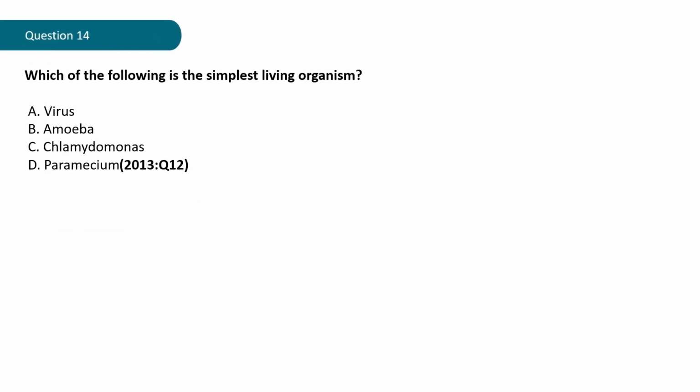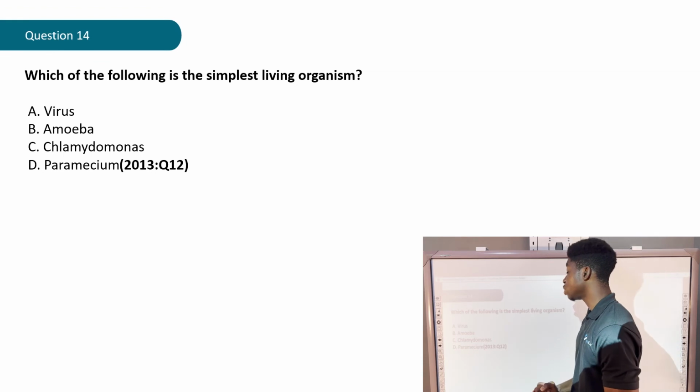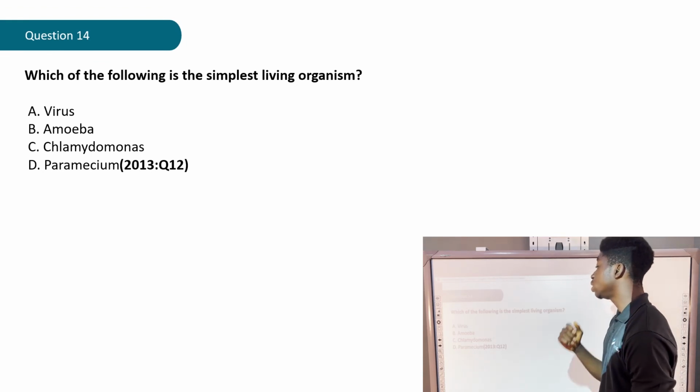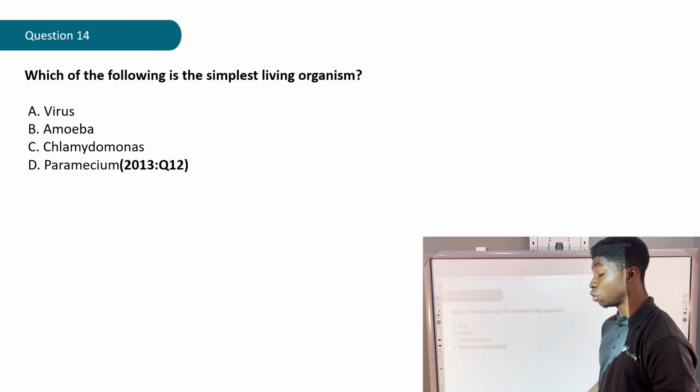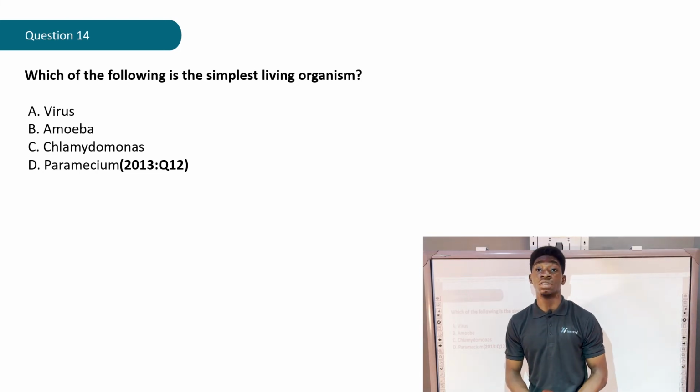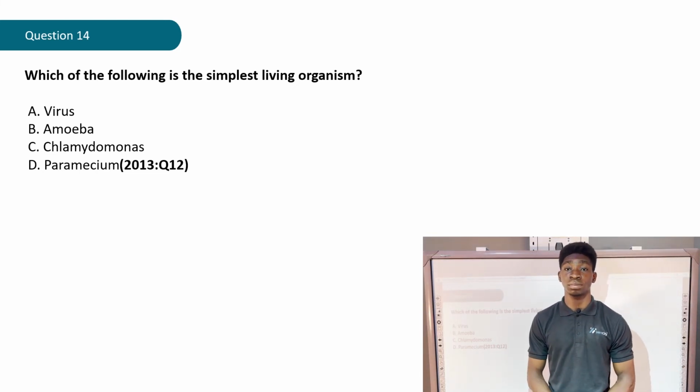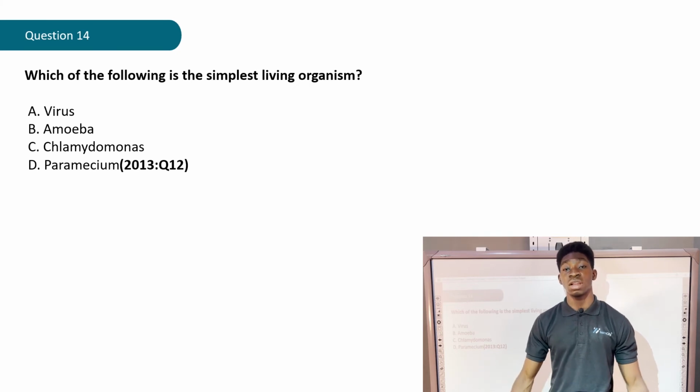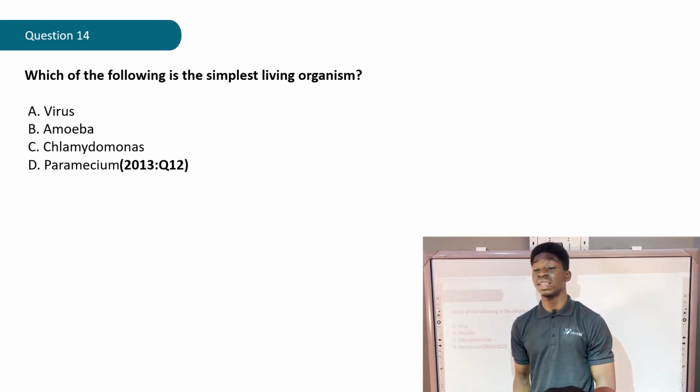Question 14. Which of the following is the simplest living organism? A, virus, B, amoeba, C, chlamydomonas, D, paramecium. The question is gotten from the year 2013, question 12. Why not give it a try? Let's give it a try. Now let's see what the correct answer says. The correct answer is